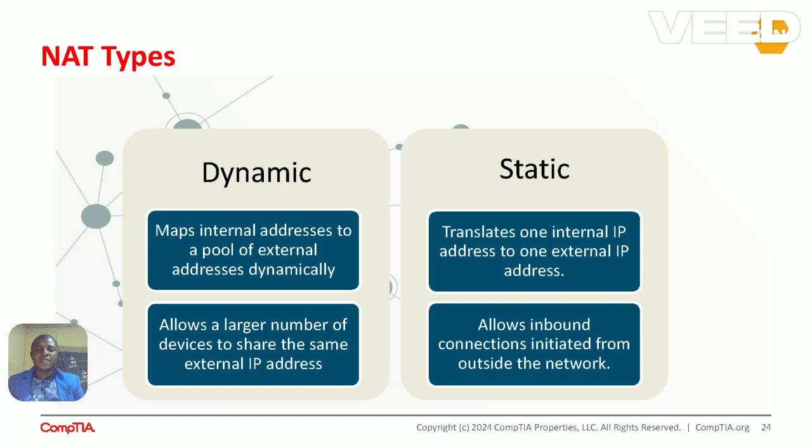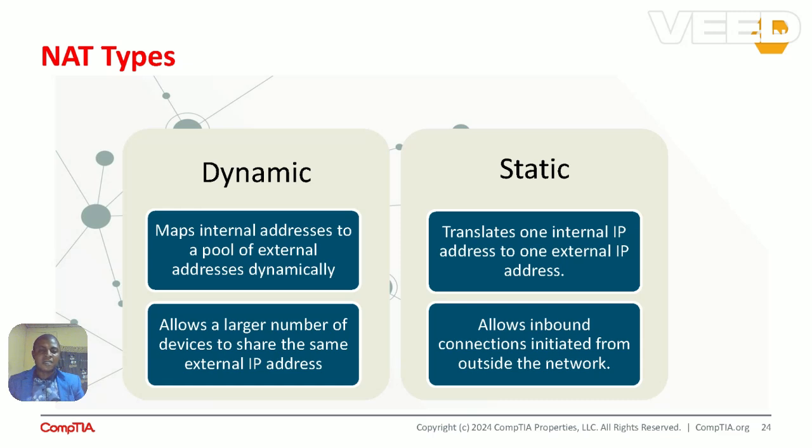we'll be talking about the types of network address translation. Number one, we have the dynamic and we have the static. Let me start with the dynamic. What dynamic network address translation does: it maps the internal address to a pool of external addresses dynamically. Number two, it allows a large number of devices to share the same external IP addresses. All this dynamic one is done automatically,